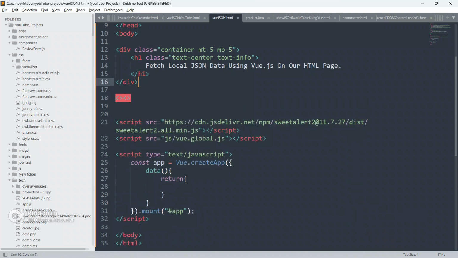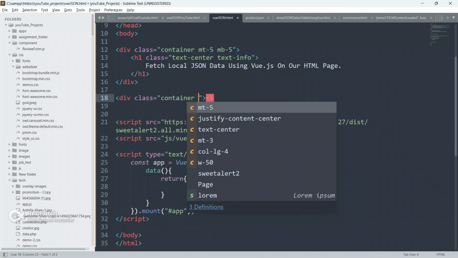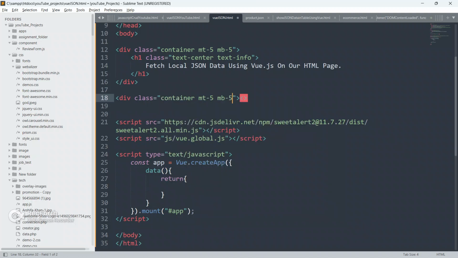Okay, so guys, now we have to create a div, and we have to mount this entire div with this instance of Vue.js. So first of all, create a div, give it a class of container, and give margin top 5 and margin bottom 5, and give the id. Give this id as app only.